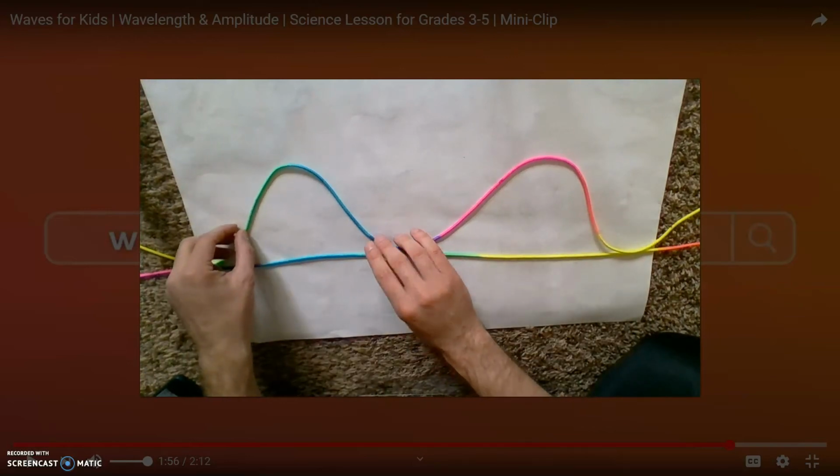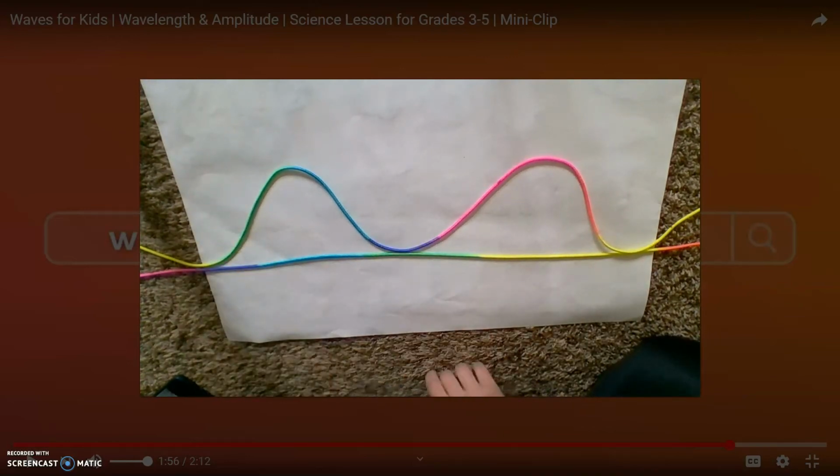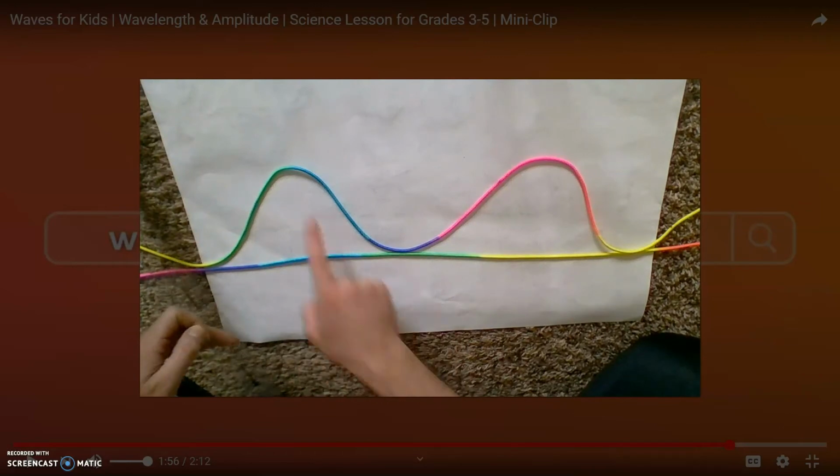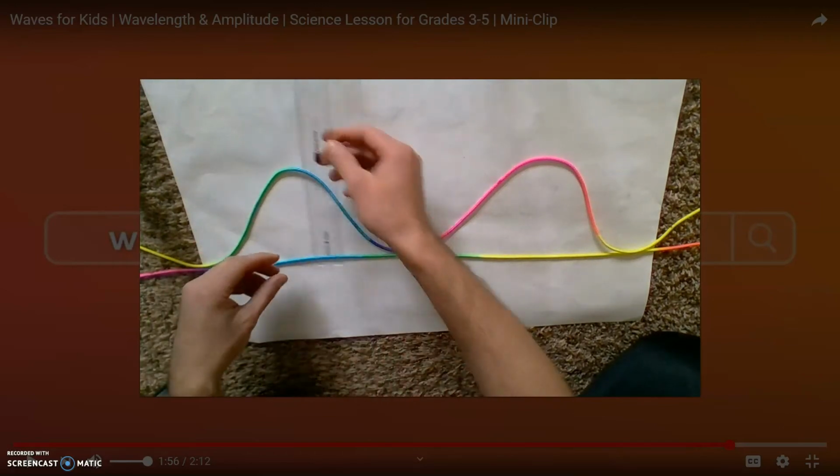So now we have our waves again. The technical scientific definition of amplitude is the maximum amount of displacement of a particle on the medium from its rest position. To make amplitude easier to understand, it's the height of each wave compared to the height it would be if there was no wave at all. So to show this, again, here's the rest position, here's the height of the wave. You can measure,